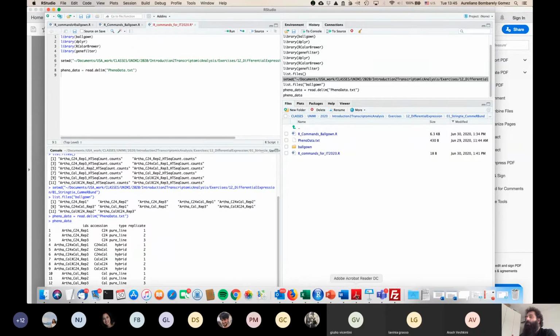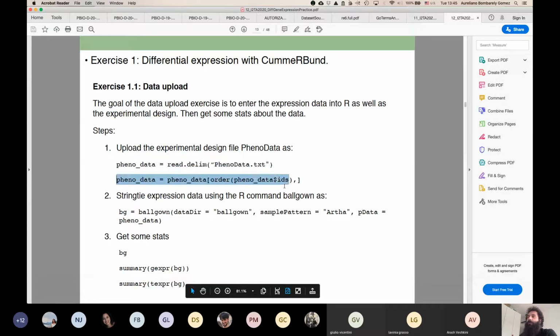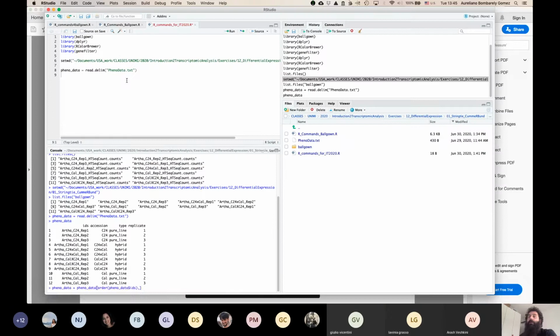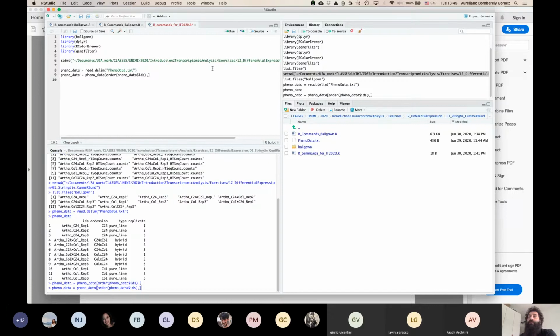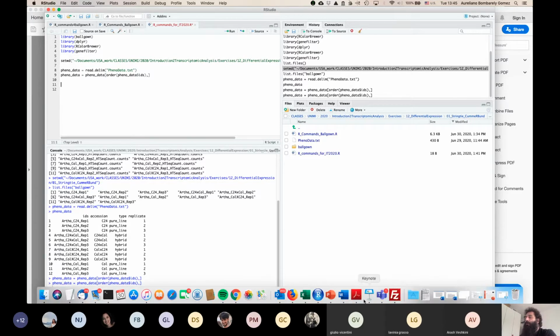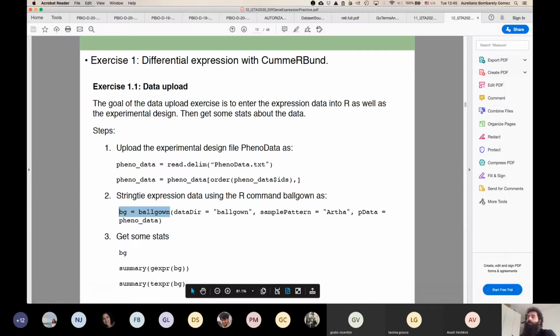Then next will be to sort, because sometimes that gives you problems. So I need to sort them. Okay, so I'm ordering by IDs. So if I run this, it will not change how they look here. But when I was preparing the exercises, this gave me problems. Okay, so that is the second part, and then we go to the most important part, that is to upload